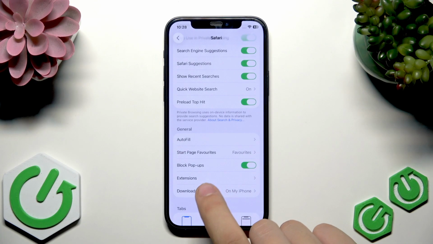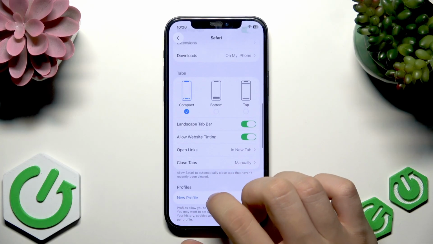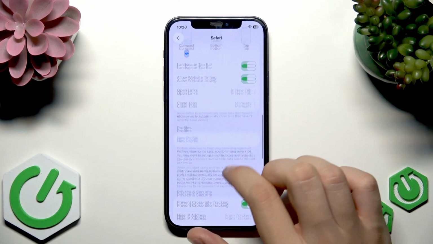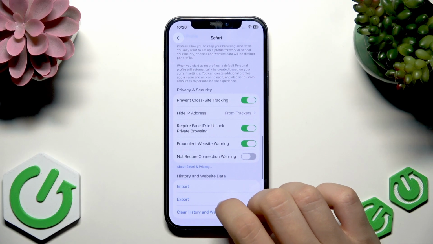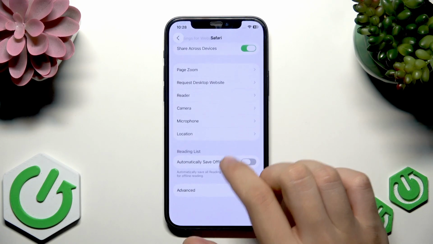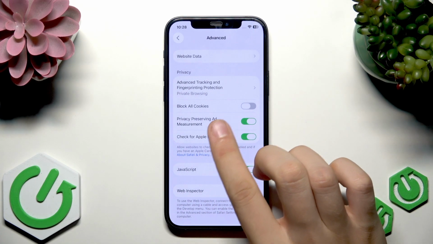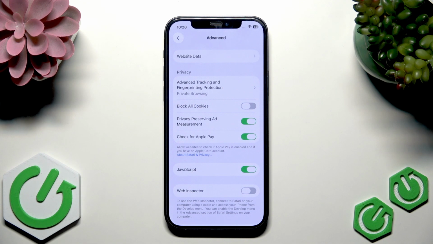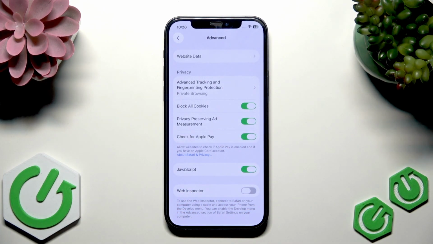As you can see here, they have block pop-ups, start page, autofill, download extensions, something like that, new profile, and as you can see, we are getting closer. Here we have in advanced privacy, block all cookies. If it's green, it means that now you are blocking all cookies in your Safari